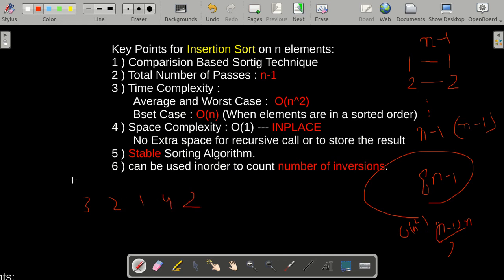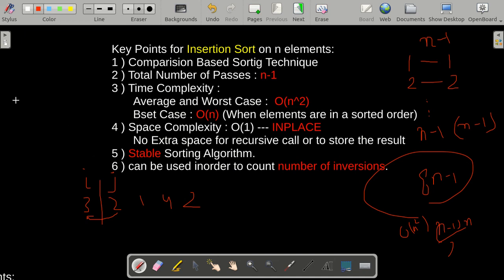Now let's suppose this was our array. In the first pass, we see that 2 is smaller than 3. So this means that it has to be inserted somewhere before. Now this shows that this element is greater than our second element. Over here i is at 0 and j is at 1, but the element at i is greater than the element at j. So this is an inversion pair.